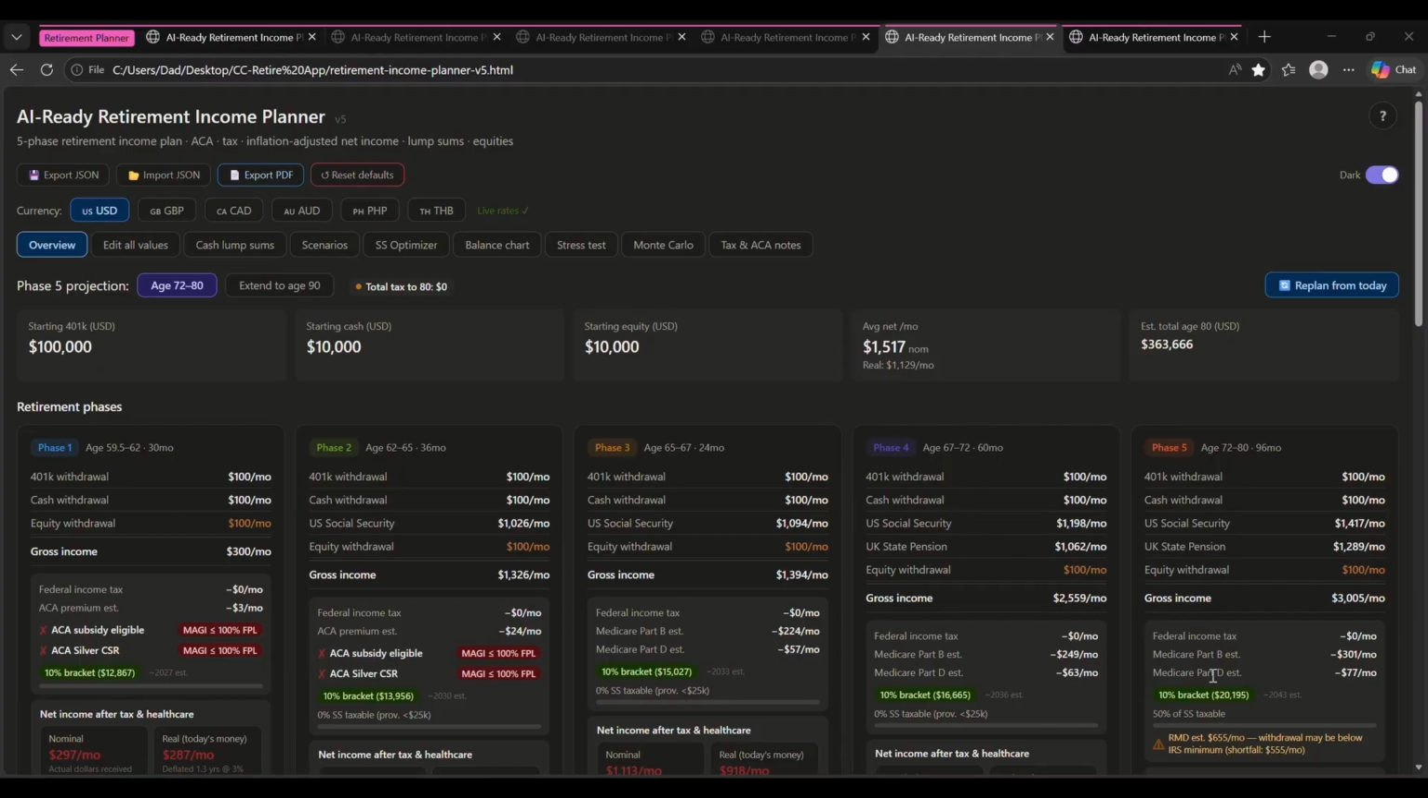Just before we start, I want to point out that here in version 5, down here, we do have the required minimum distribution warning. If we increase our 401k withdrawal here, we can see that warning goes away. Anyway,